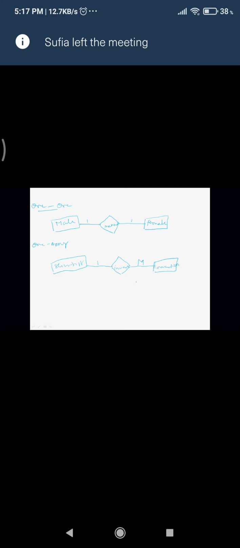What is the output of that? Invention. So his invention is another entity. So a scientist and an invention. There are a lot of people doing inventions. They are trying to invent things. So how will I do this? Here I'll write 1 and I'll write something called M. If I write like this, then it means there is one scientist who is going to make many inventions. If it is like this, then we call this one to many. So one scientist is going to invent many inventions.